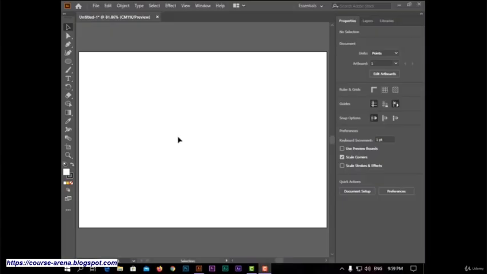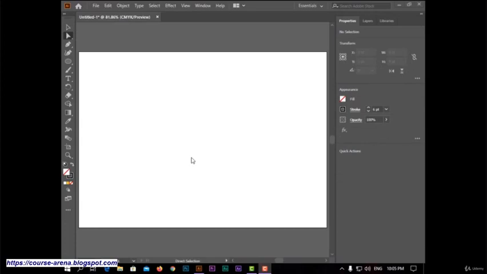Hi everybody, welcome back. Today we have a very interesting tool in Adobe Illustrator. You can draw anything with this tool. I'm talking about the pen tool. So let's start. Pen tool is used for drawing by points and lines. For example, I will select pen tool and I can make a point like this and another one here to